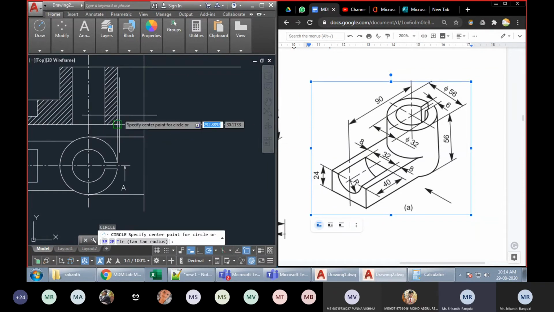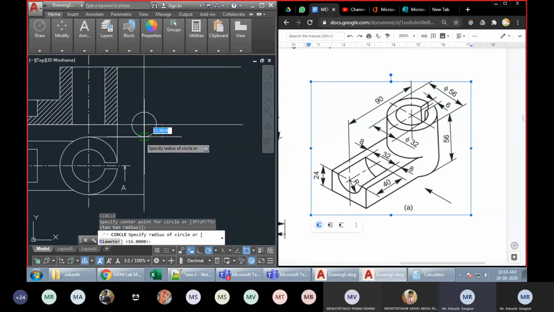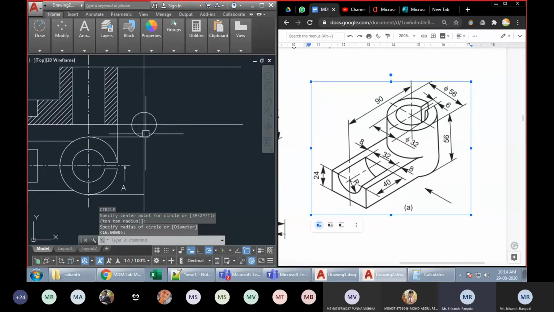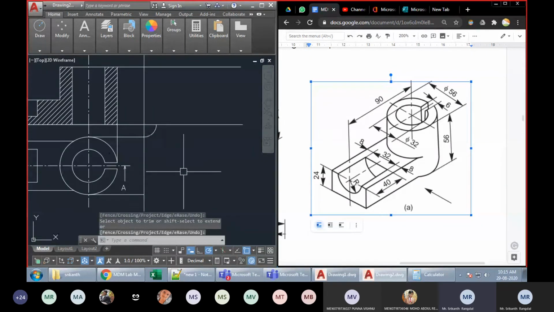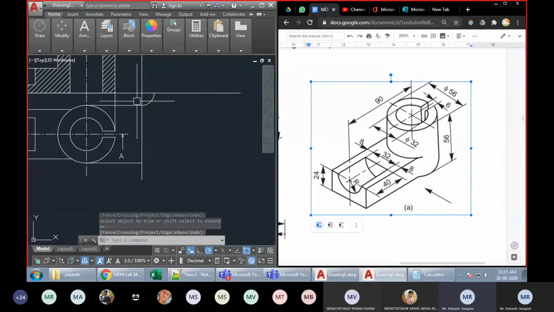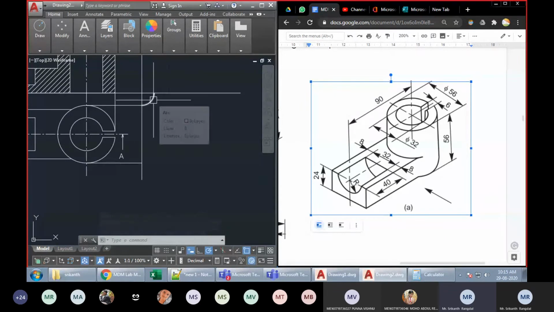I have to get the same distance over here. So what I'll do is draw a circle with the center at the intersection of the x1 y1 line, up to here. And I'll just trim the other quadrants. I just need this quadrant. So you only have to do this once. After that, you can just proceed to take offsets through the points.